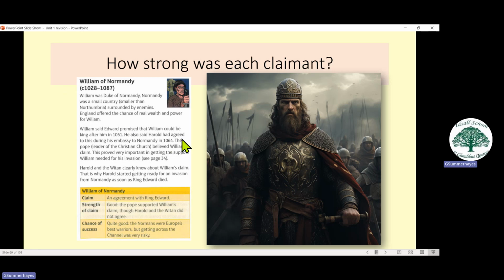The Duke of Normandy had apparently been promised the kingship by Edward in 1051 when Godwin was exiled, but then when Godwin came back, the Saxons would say that probably he retracted that, and then obviously we've got Harold promising William that he could be king in the embassy. So we know that Harold was well aware that William wanted to become king and had a decent claim, particularly strengthened by the Pope. Although Harold and the Witan did not agree that he had that support. And again, a very good warrior because the Normans are actually descended from Vikings.